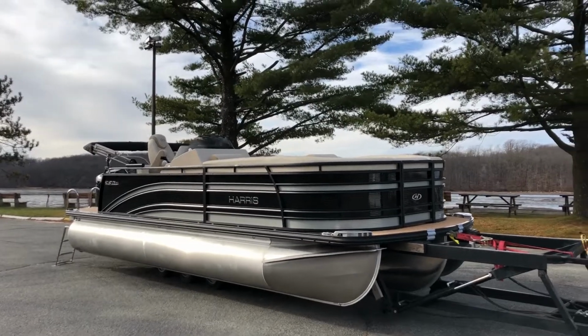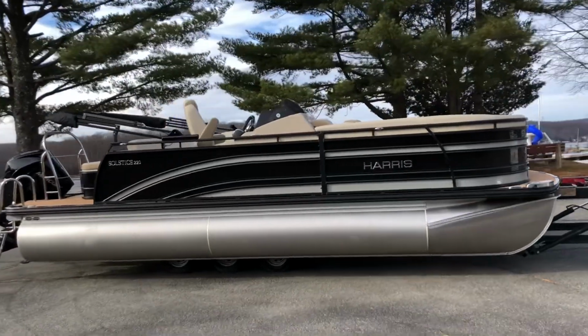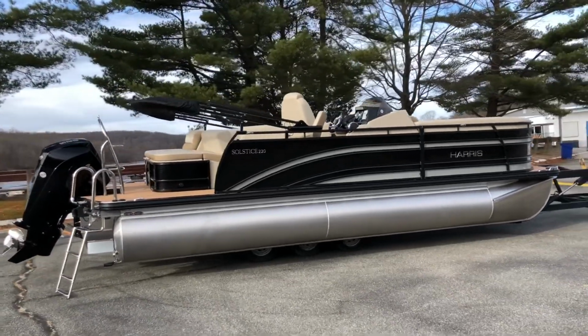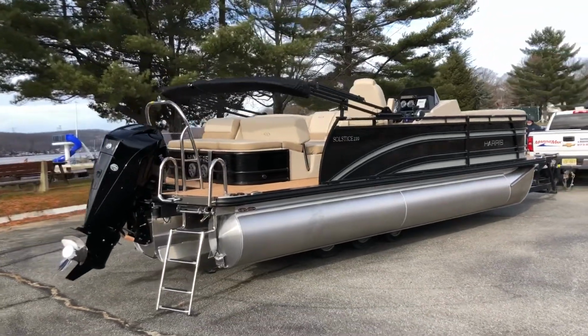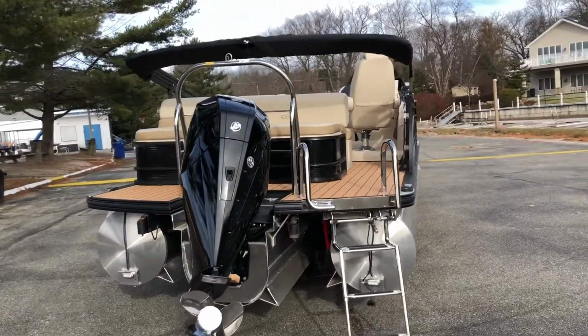This boat is a 2019 Harris 220 Solstice with a performance pontoon package, shown here in ebony metallic with a sparkling champagne accent and black edition powder coat fence and black sun top frames. The bimini top on this boat is an electric power top. The floor plan is the big rear-facing lounger in the almond interior, and the flooring is woven teak with dark